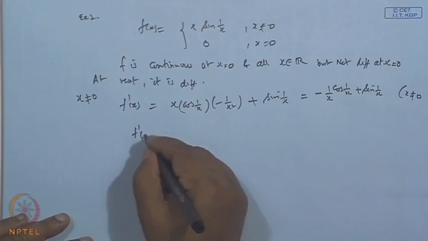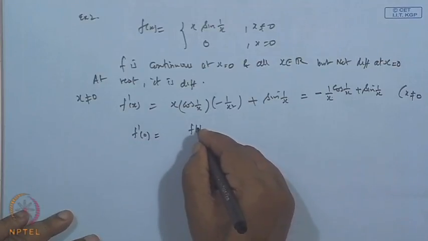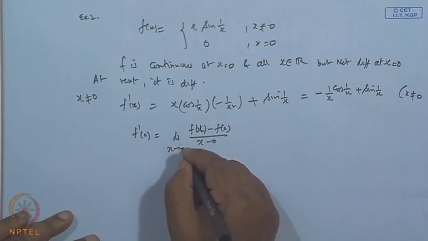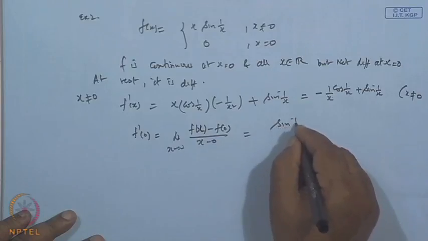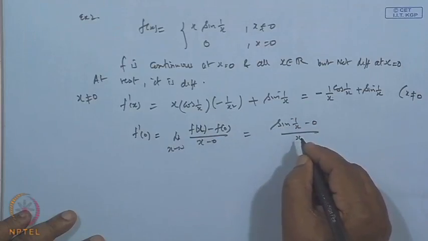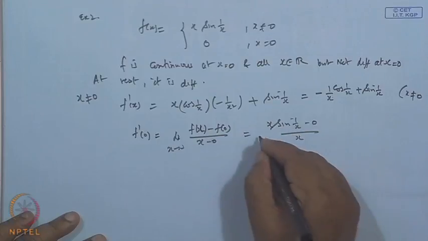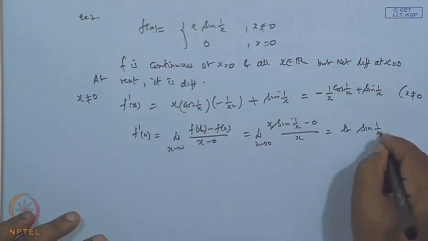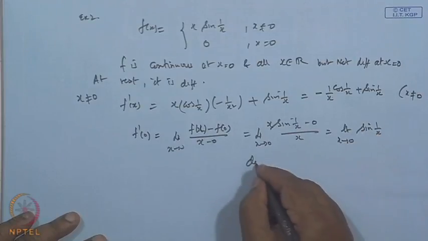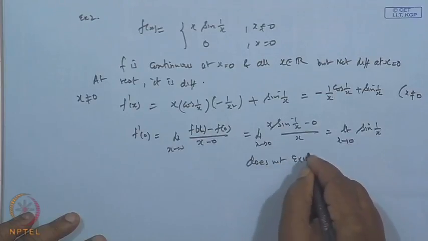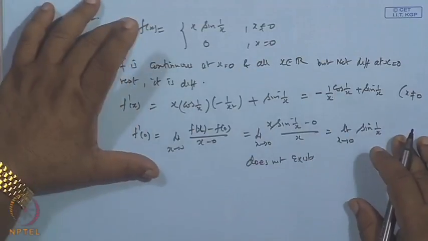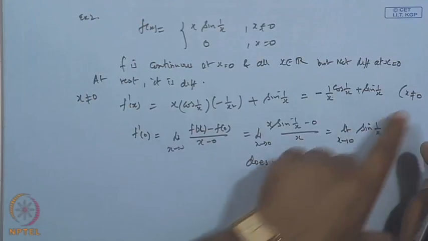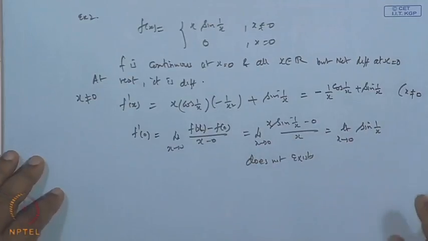But when you consider the derivative at the point 0, then as per the definition, limit of f x minus f 0 divided by x minus 0 as x tends to 0. This comes out to be x sin 1 by x minus 0 over x, limit as x tends to 0, which turns out to be the limit of sin 1 by x as x tends to 0, which does not exist. So this function is a continuous function but is not differentiable at the point 0. It is differentiable at the rest of the points, but not at the point 0. Okay? So we can get